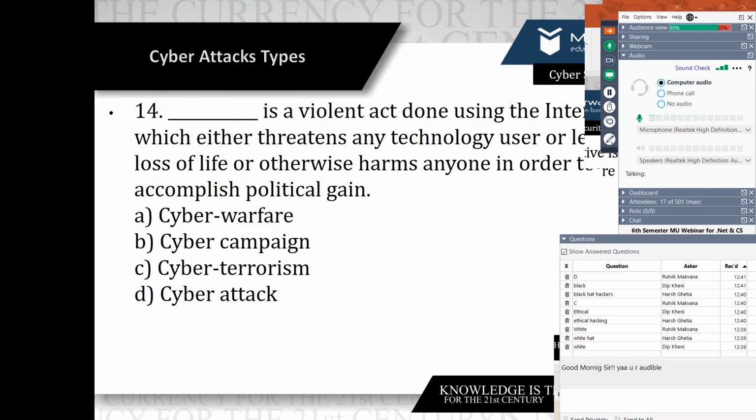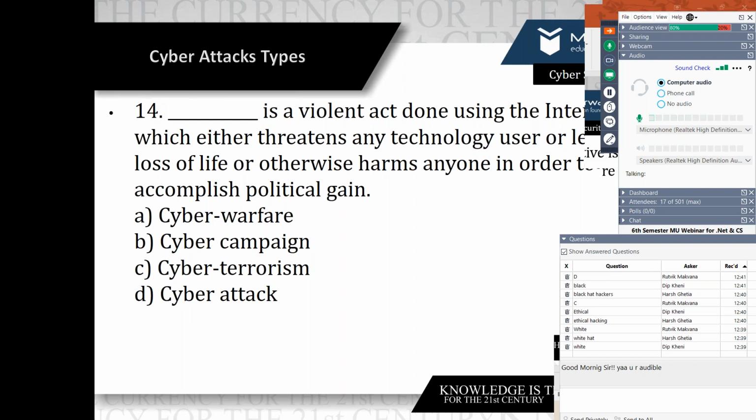A, cyber warfare, campaigning, terrorism or attack. Oh, most students say A. The answer is wrong. The right answer is cyber terrorism.